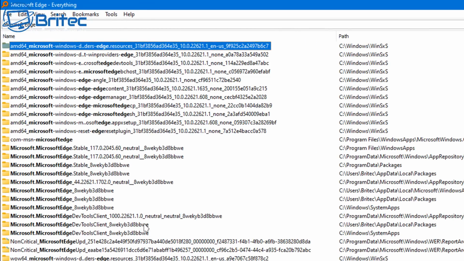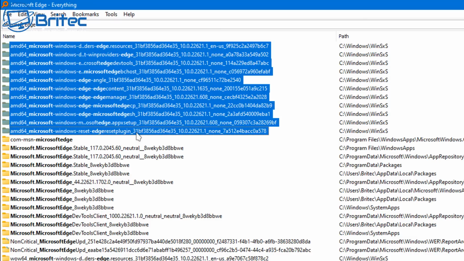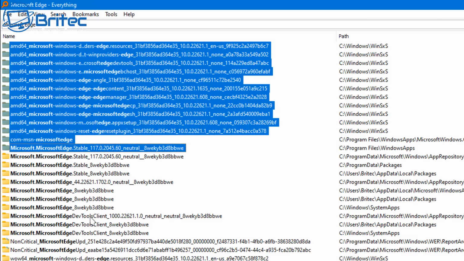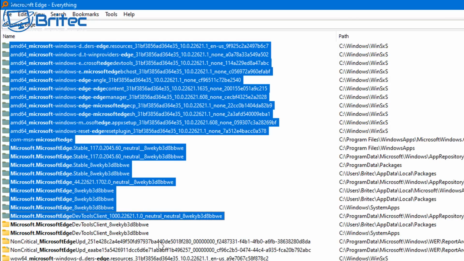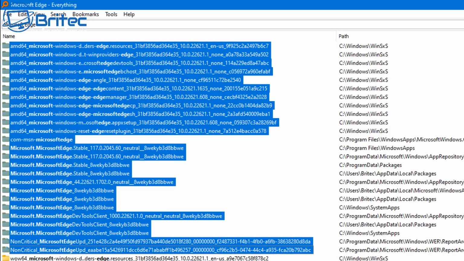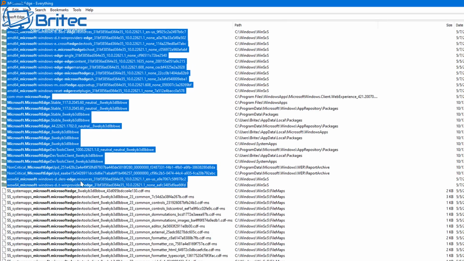Now, if you look closely here, you'll see there are tons of folders related to Microsoft Edge. This is how much Microsoft Edge has left behind. There's tons of it, and it's all related to Windows now. So you have to be very careful. I'm going to highlight a lot of the Microsoft Edge stuff. I'm not interested in anything else that's not Microsoft Edge. So take your time and go through it and remove it if you want to go this far at removing